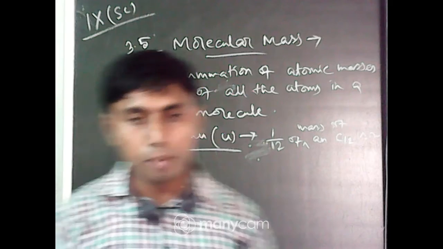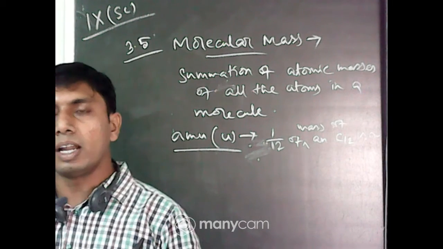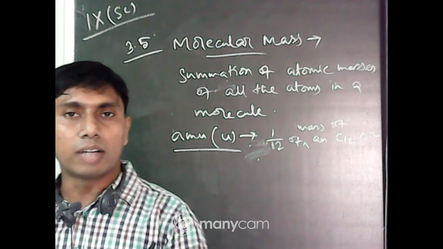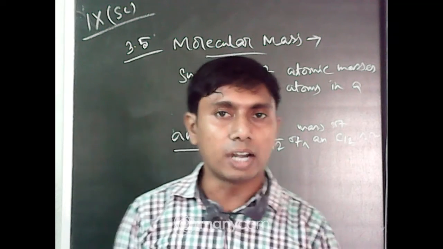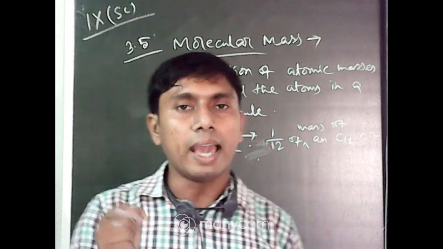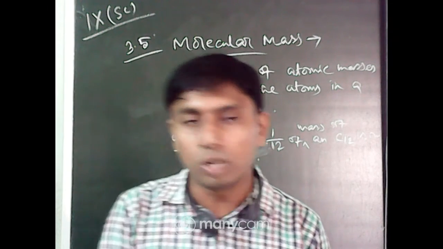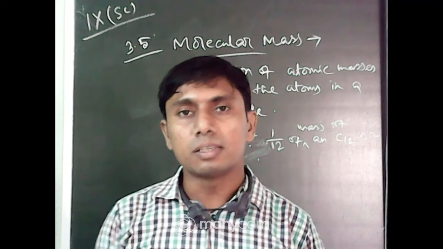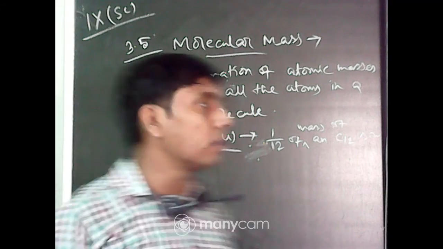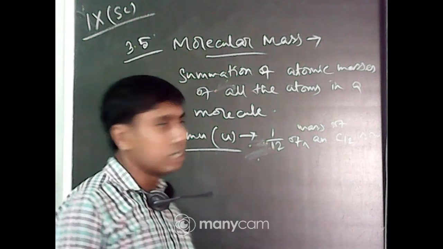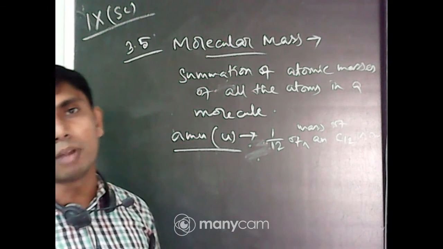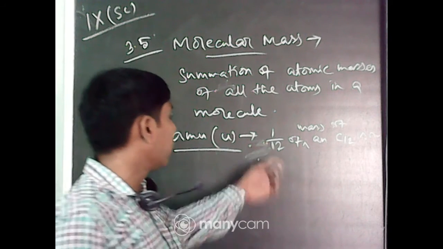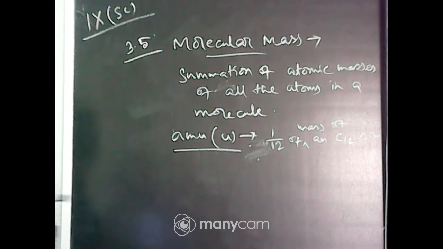Now there are two parameters, one is atomic number and another one is atomic mass. Suppose an atom of sodium: how many multiples of that unit is an atom of sodium? It is 23 multiples of that unit. It is 23.